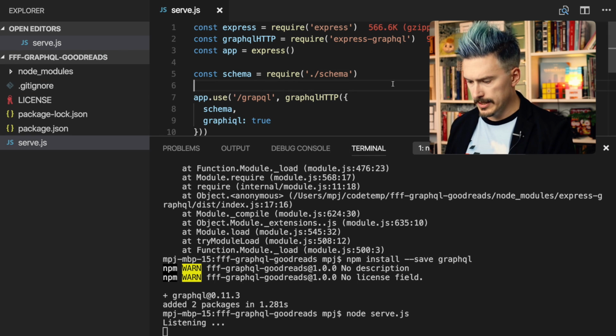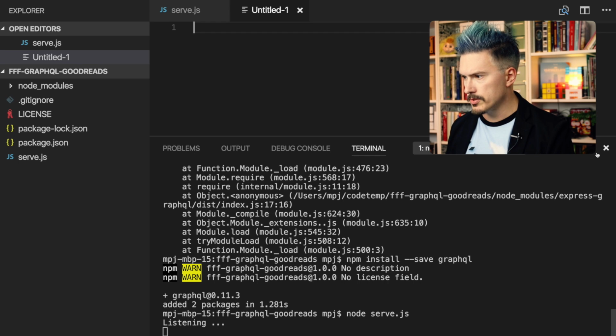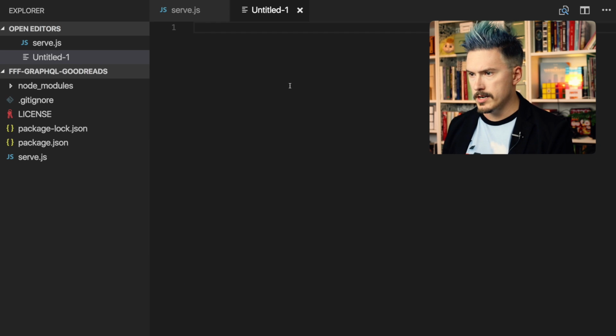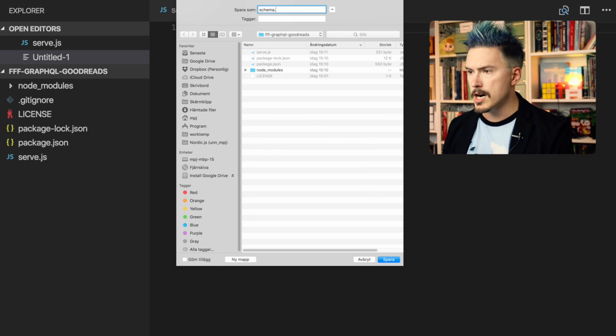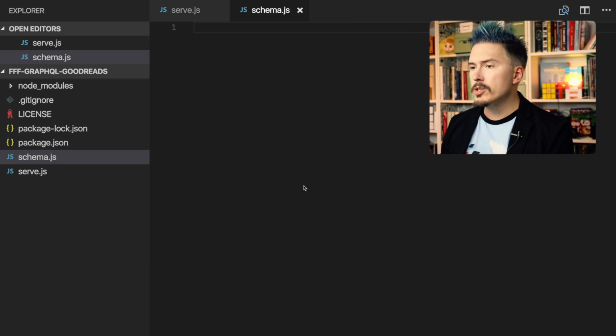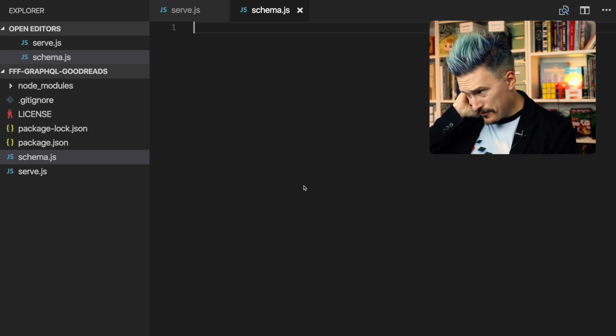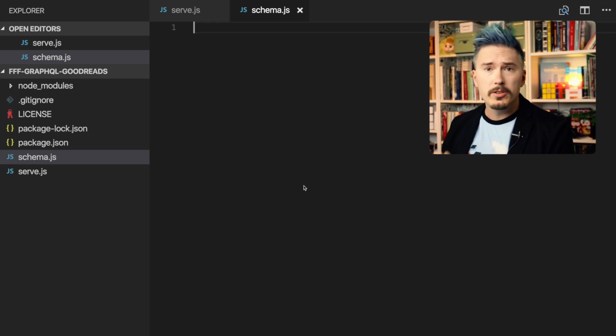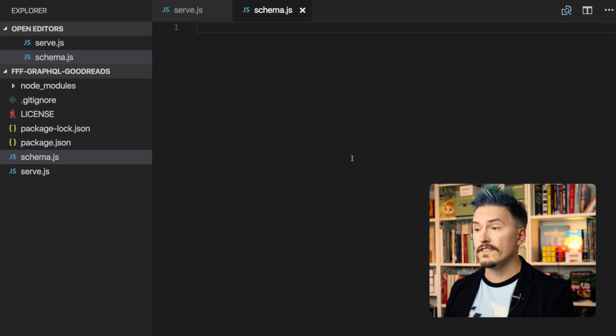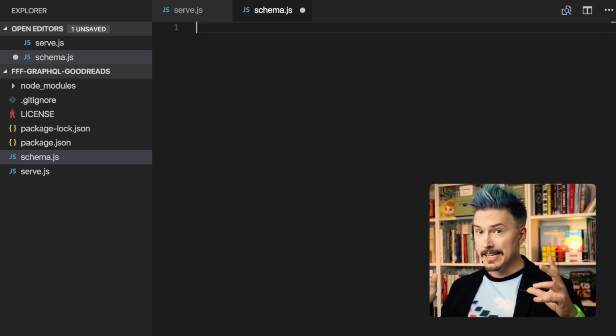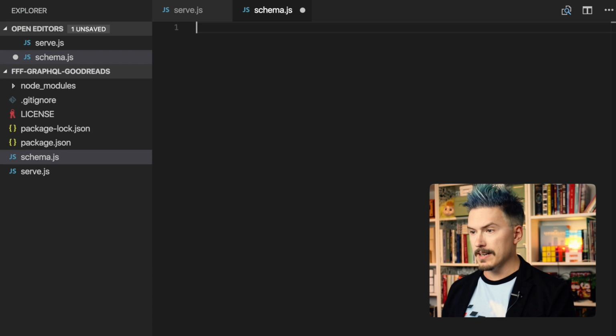Schema.js. Let's create that. New. Let me close this console for now. I'm going to save. Now, before we do anything, I would actually like to get the data from the GoodReads API. And to do that, we're gonna use fetch. Fetch is the standard way of getting data on modern browsers. It doesn't exist in Node, but thankfully we have fancy things like modules, so we can just get it with